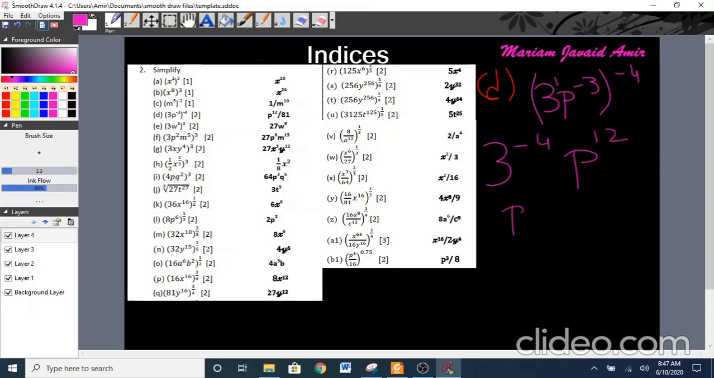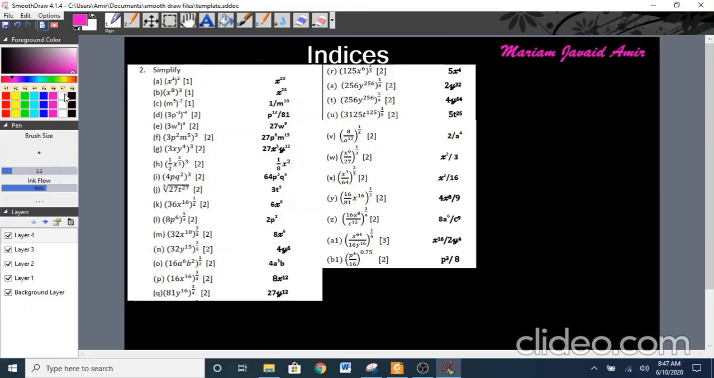Now again take 3 power minus 4 to the denominator, and we get 3 power 4, which is p power 12 over 81. This is part D. Part E is